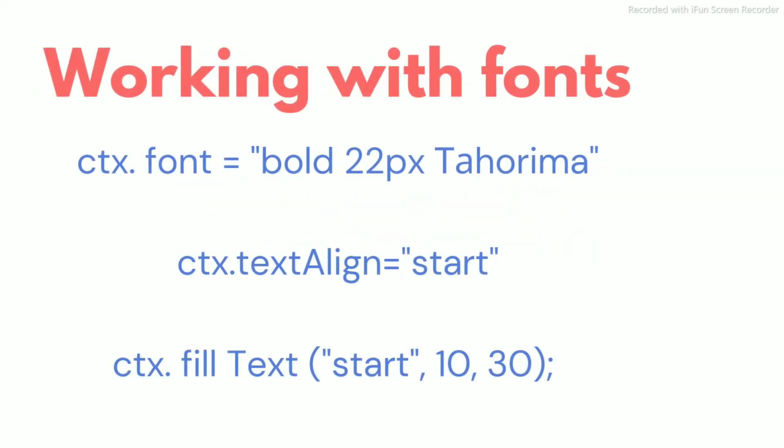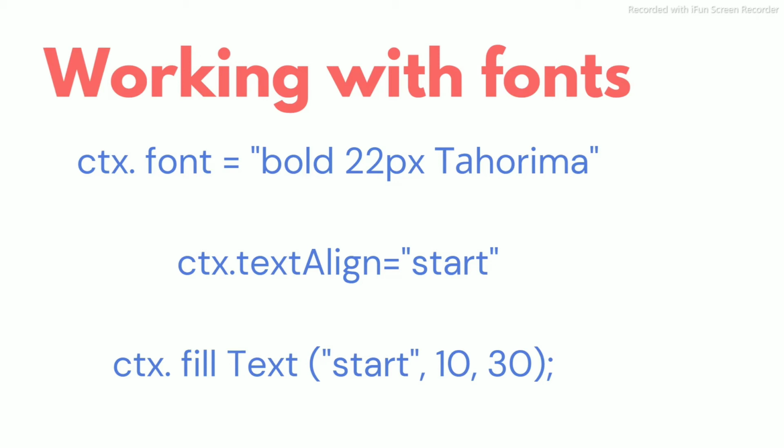Next, working with the fonts. When we are working with fonts, we have to call the ctx.font built-in property, which will take the value of the font family, font weight as well as the font size, and you can store the text in it, and you have to use the ctx.textAlign, where it will align the text either to center, right, or left, and you can use ctx.fillText. In fillText, you can add the text and mention its axis where it has to be present. This is all about working with the canvas in text.